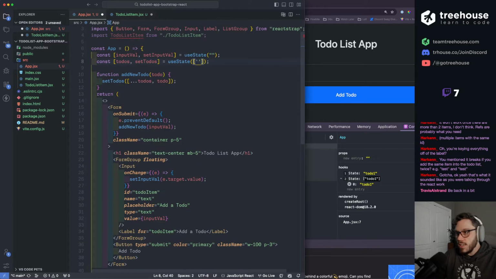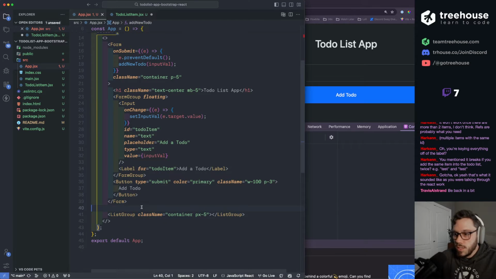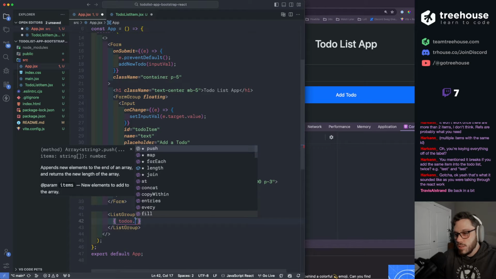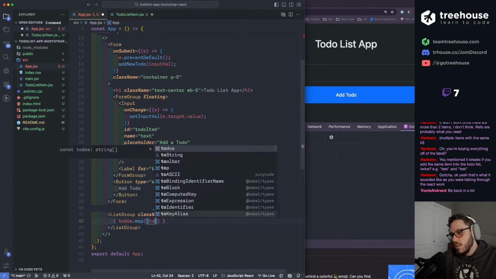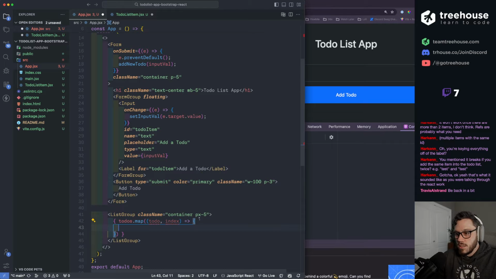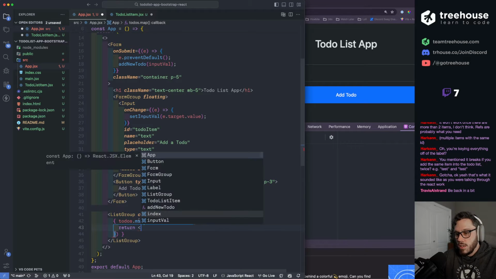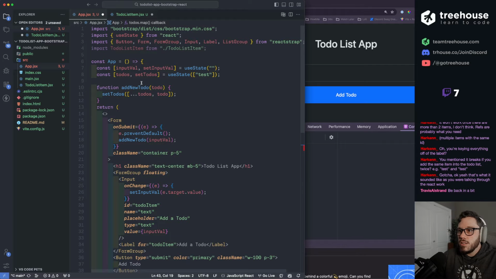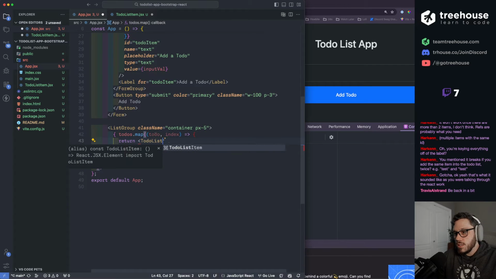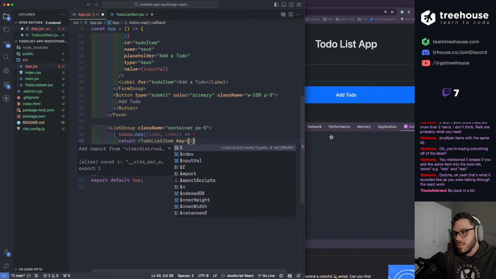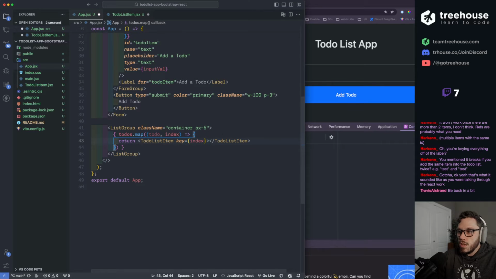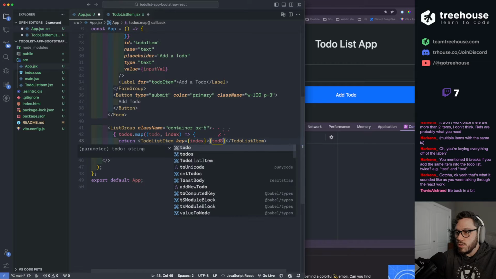Initially in state, let's just put test right here and let's loop over it. So let's say to-dos dot map to do, let's grab the index, let's return to-do list item, key, we can say index, and we can pop in to do right here.